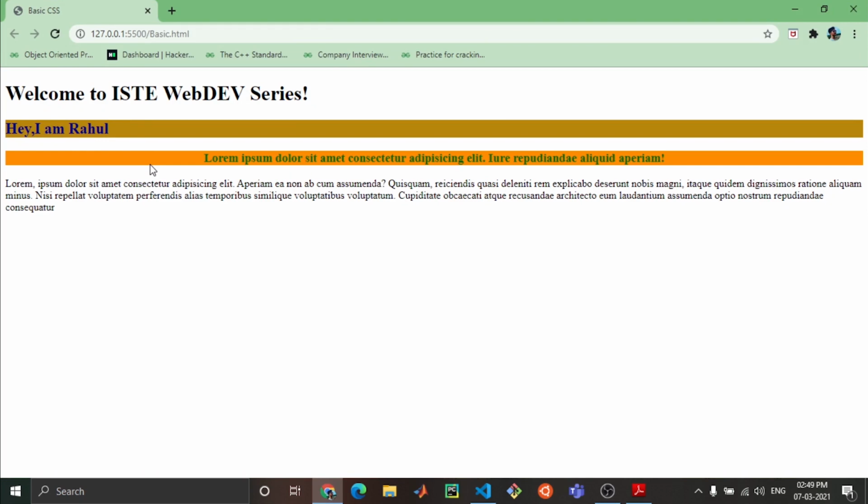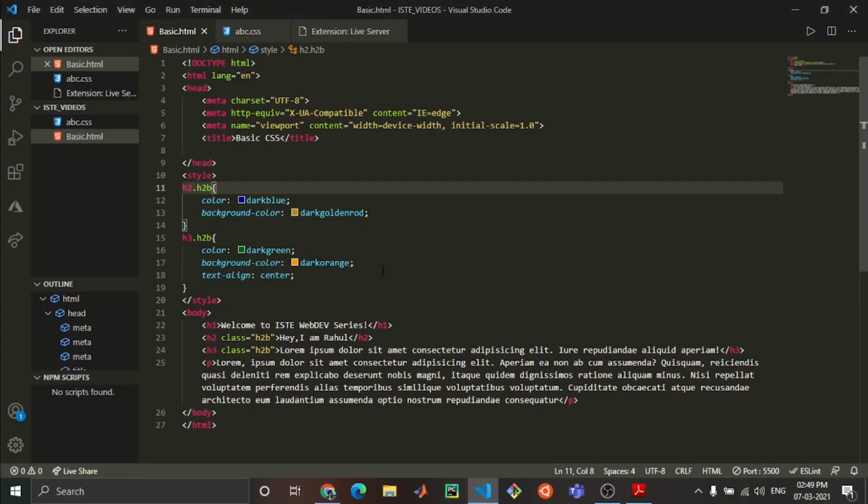It is also having different properties. So the main reason why I made that error was so that you get to know the basic difference of giving the same class name versus a different class name, and when we have to use dot class name, when we have to use selector dot class name.